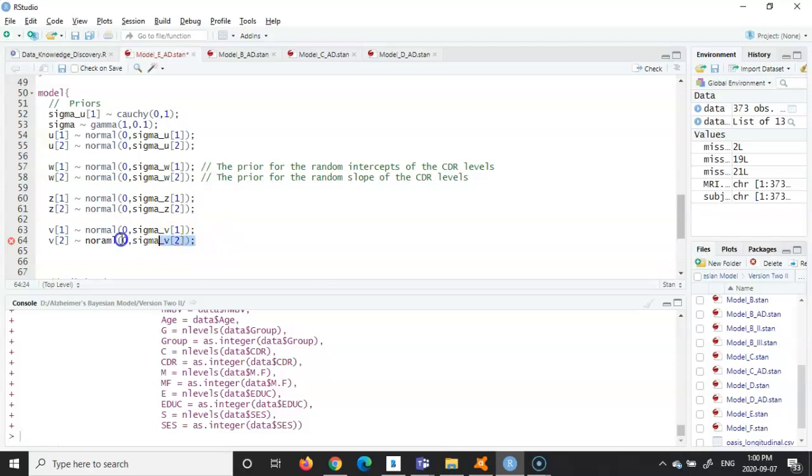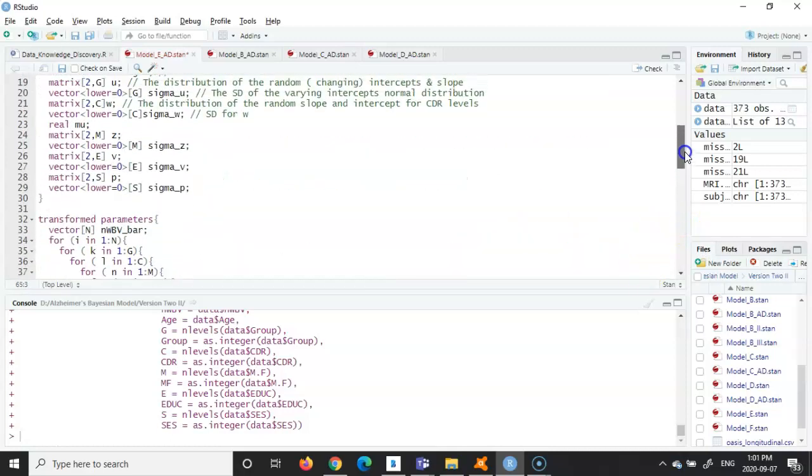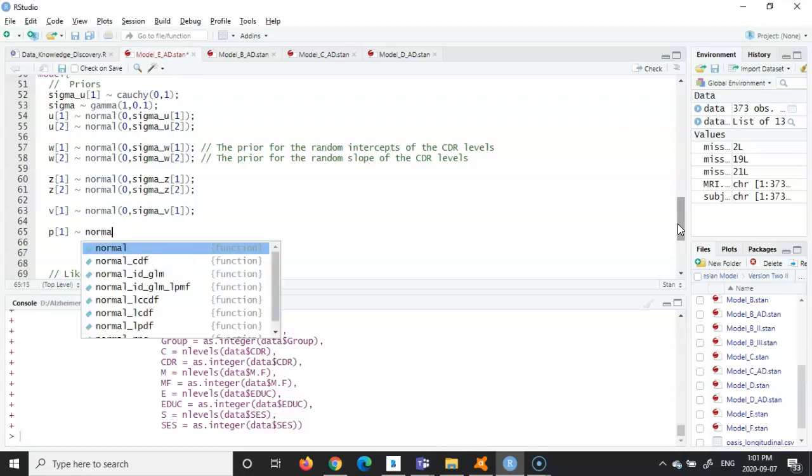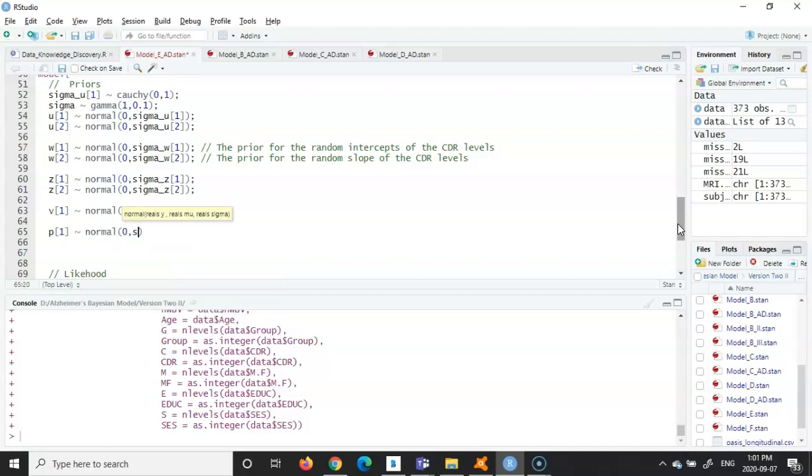In that case, if you get that error, you can remove that. Then it can be considered as a flat prior for your random slope. And also, we go to the very final one, which we had the definition for the P for the random intercepts. The prior can be recorded as a normal, which is centered with the sigma P for the random intercepts,